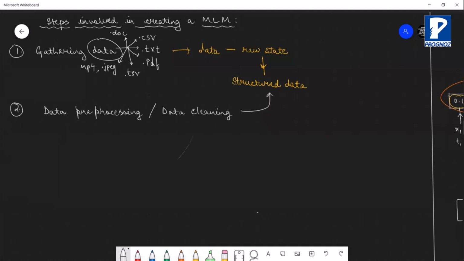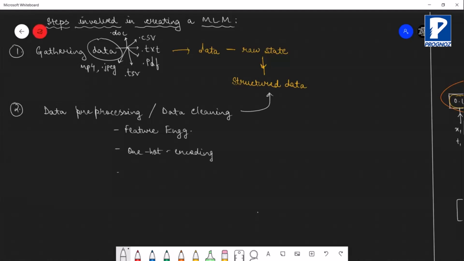In this data pre-processing, you are going to have multiple operations, like feature engineering is one. You can just remember these names. Kaise hota hai is not a part of your syllabus. So feature engineering is one. Apart from that, you have something known as one hot encoding.